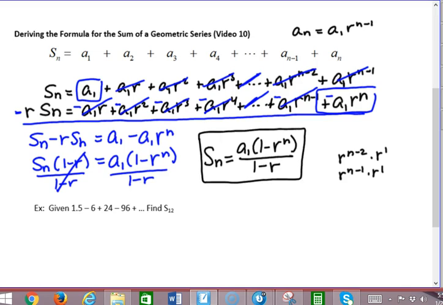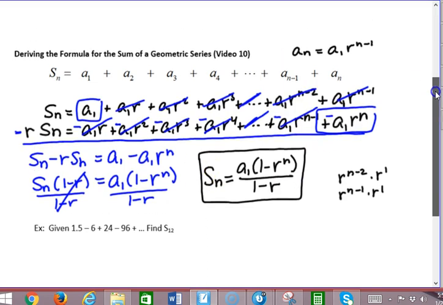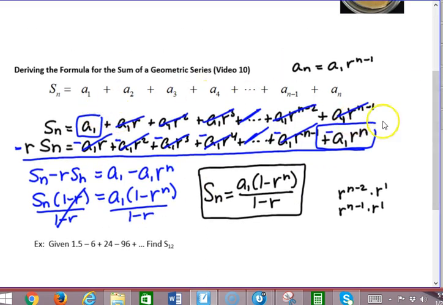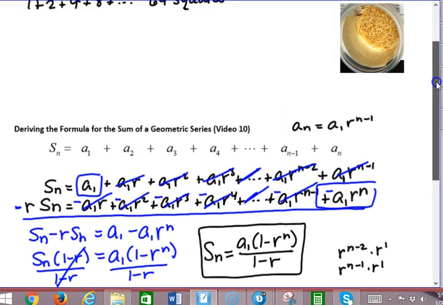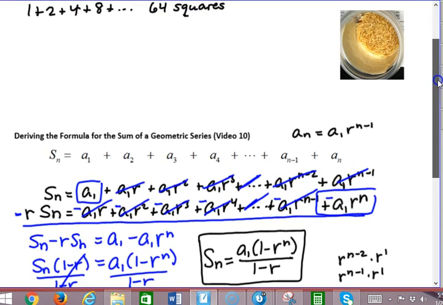Now this formula does not have any intuitive sense to it, like the sum of an arithmetic sequence where we added the first term and the last term and half the number of terms. This is something you just have to use, okay? And it works. It's based on things we know, but it's not something that makes intuitive sense just in and of itself. So I'm going to try to position this so I can see my sum formula down here, and I'm going to apply this now to this